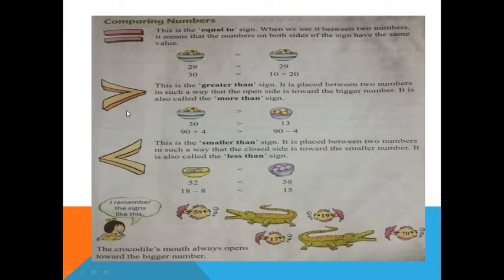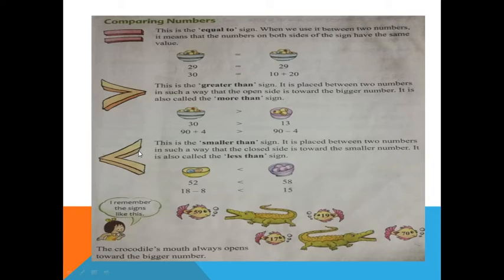Now you come to greater than. Greater than means big. Whenever the sign is open on one side, that number should be big, and the number on the pointed side is small. Just keep it in mind. See, you can make it with your pointing finger and thumb. In between, this same shape will come with the right hand, and with the left hand the smaller than sign is coming. Do it with your hands like this. See, the greater than and smaller than picture.